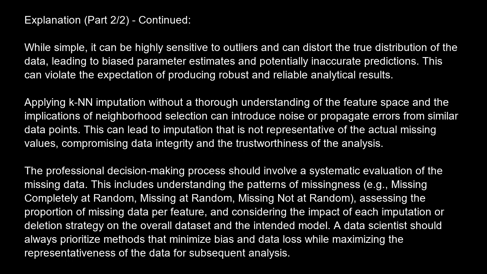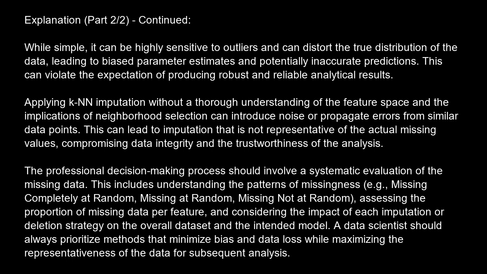Applying KNN imputation without a thorough understanding of the feature space and the implications of neighborhood selection can introduce noise or propagate errors from similar data points. This can lead to imputation that is not representative of the actual missing values, compromising data integrity and the trustworthiness